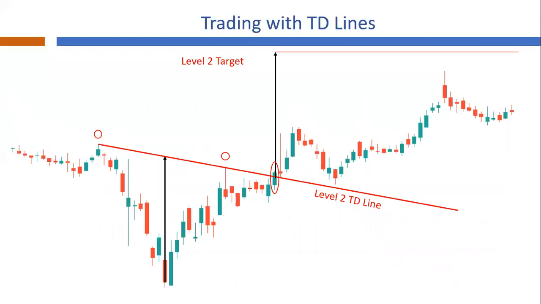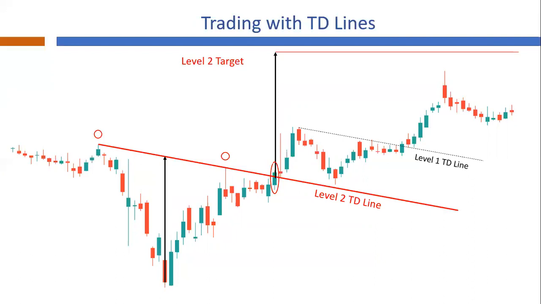Look at the red line. The same is level 2 TD supply line. Further, I have marked the candle which displays the breakout. After the breakout, I have calculated the targets for the same. Now, we will be looking only at TD supply line breakouts on level 1 TD supply line and will be ignoring the TD demand line breakdowns.